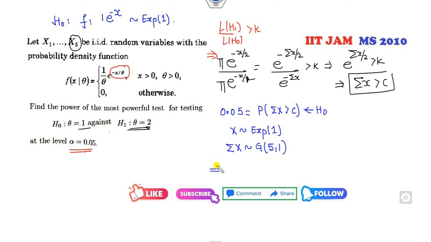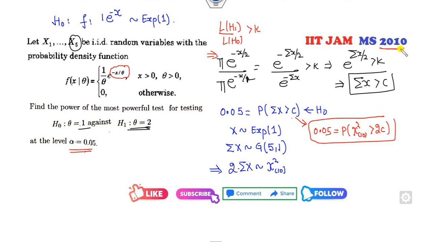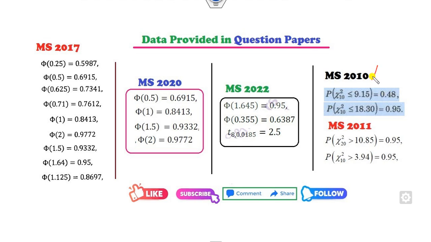Fine. I can change it into the chi square. So 2 times of this will be chi square of 10. Now I have the summation part already, so I can multiply this by twice. So it will be the probability of chi square of 10 is greater than 2c. Fine. Now you can see the tables, these are the keywords given to you, and you can see from here degree of freedom 10,